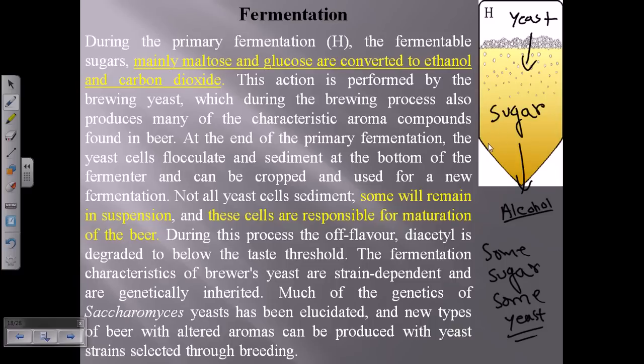But still some of those yeast cells remain there in the suspension, because the cells are responsible for the maturation of the beer in the future, right? So that's why we leave some of the yeast there for some time. Okay,